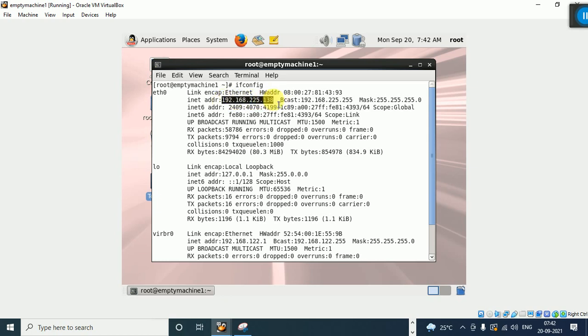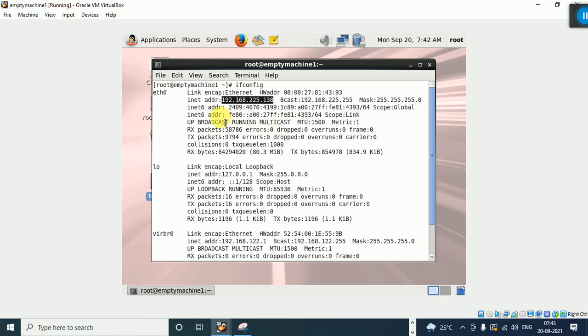You can connect and do your work. By this IP address, I can connect with my username and password. After that, I can resume my work. Without the IP address, we cannot connect from PuTTY.